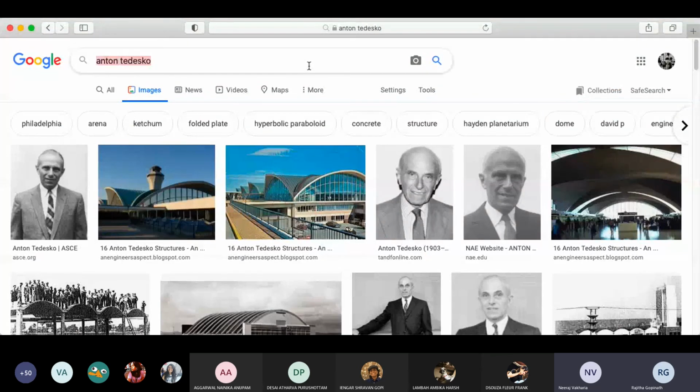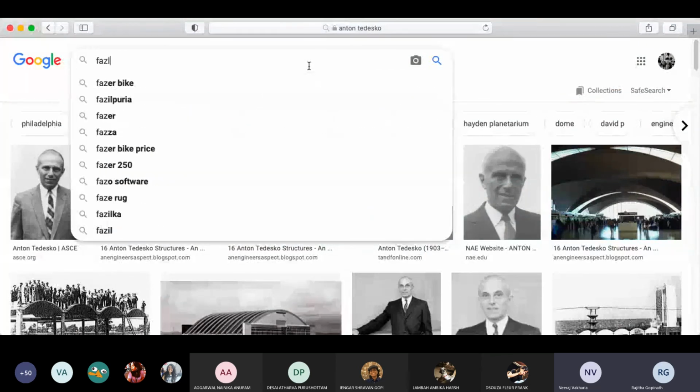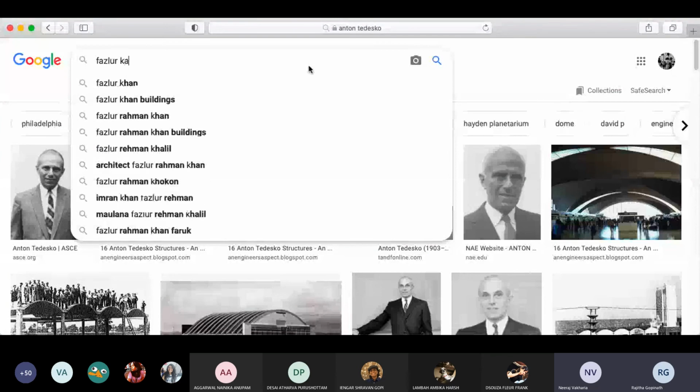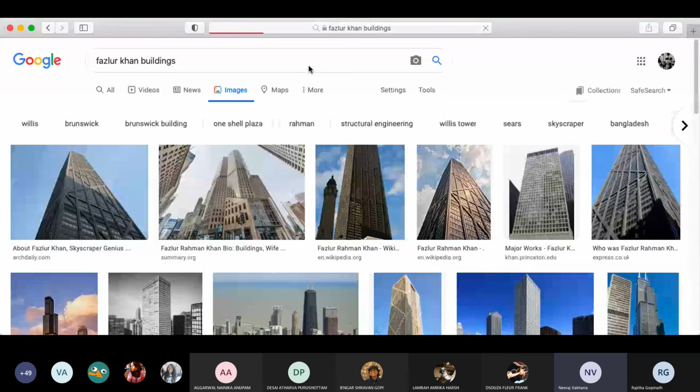How do we give them the list? कैसे देंगे? Acha, I guess Rajata, what we should do is we ourselves should assign them one of these architects or engineers by group of 4, so that they can take it. Otherwise, it would be very difficult. They can give us groups. Okay. CR, could you just write your groups and put it in the list of the folder? Make one Excel and share it.